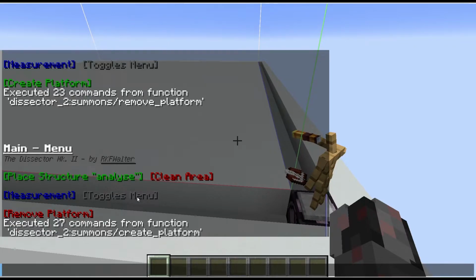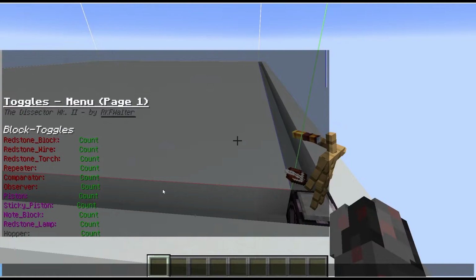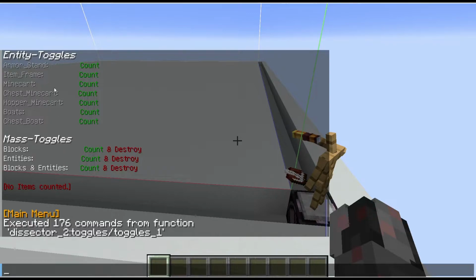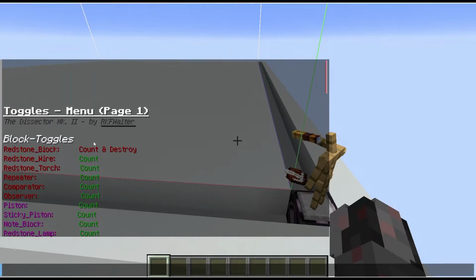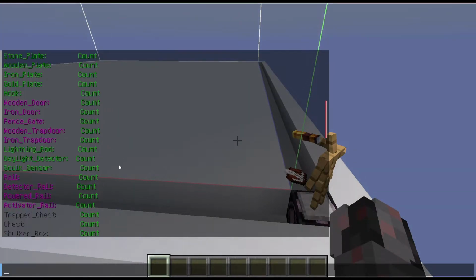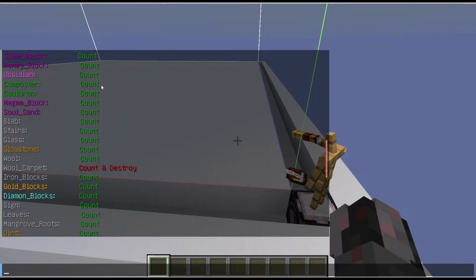Second functionality you should look at is the toggles menu. Now, this is a menu that allows you to toggle for each block type and entity type, whether you want to count them or count them and then remove them from this cuboid area. Just click on the count or the count and destroy, and you will simply toggle back and forth. This works for all. It might jump back up or down a bit, but besides that, you can see